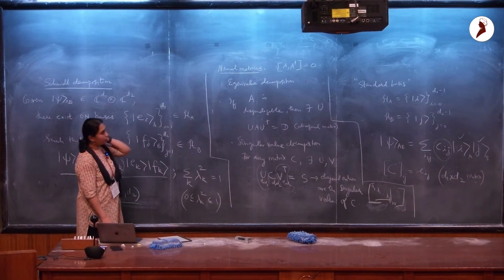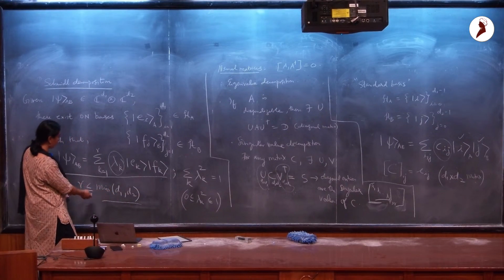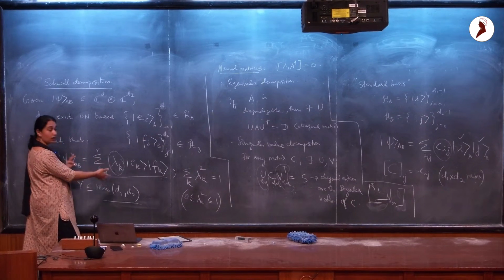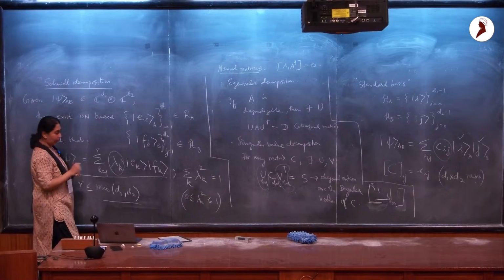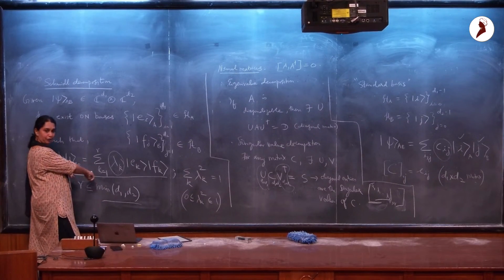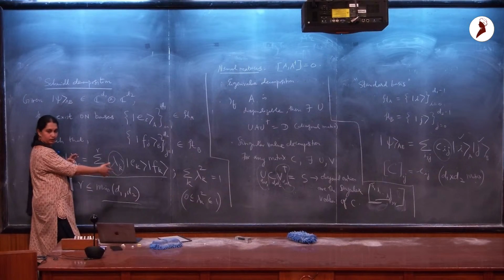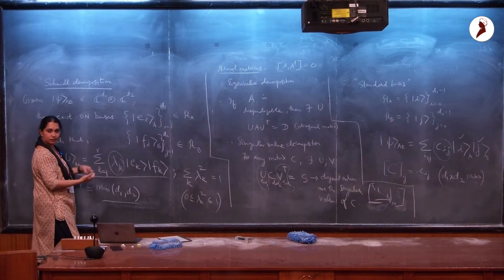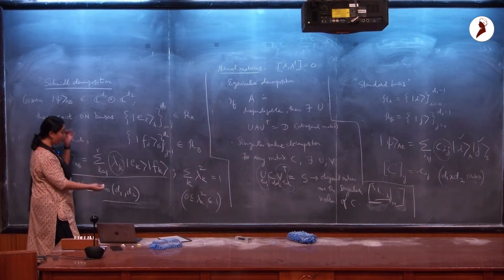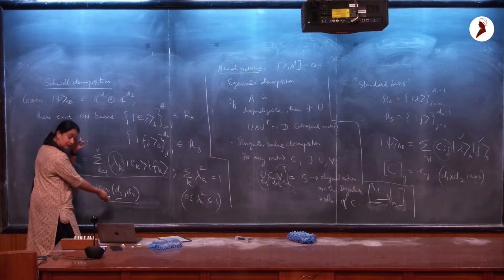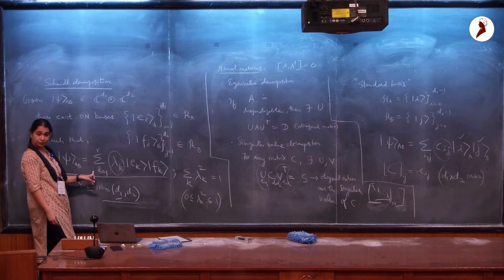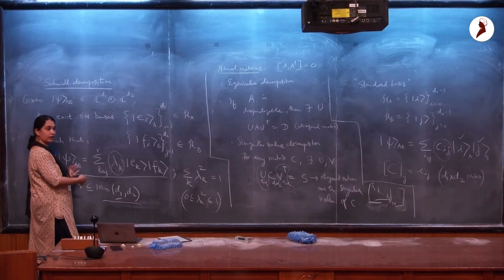All right, so let me say a few more things about this. Hopefully I've convinced you that the number of non-zero singular values of this coefficient matrix tells me how many non-zero terms I have here, which in turn gives me a feel for the extent of correlations or entanglement between these two systems. Like I said, the most I can have is the smaller of the two dimensions. So if I have all the way up to D1 terms in the sum, then I would say that this state is actually a maximally entangled state in that sense.